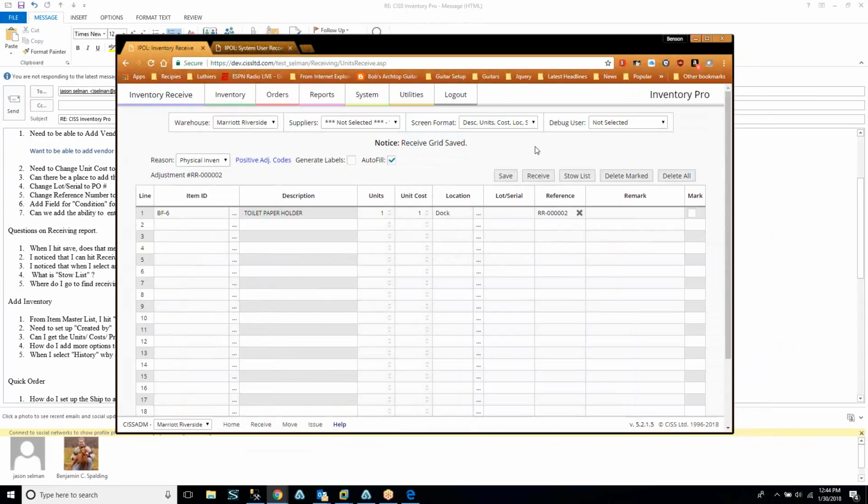How do I do that? You just go into the receiving grid and select the project you're working on. It's going to remember you, because what we store in the tables are your user ID and the adjustment number and everything else. So if I were to log out now, let's say log out,